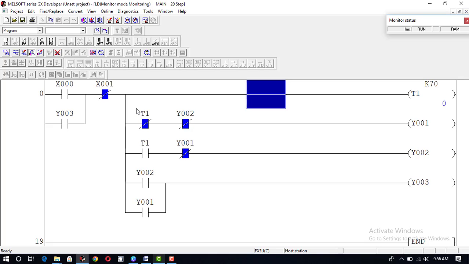So I switch X0 on. You can see the timer is working and it is in star connection. When 70 is completed, it will connect to delta connection. Yes, you can see that now it is converted to delta connection. Before 70 it was in star connection, and after 70 it is now in delta connection, and it will continue its process until we want to finish our